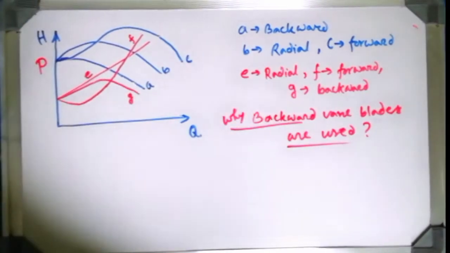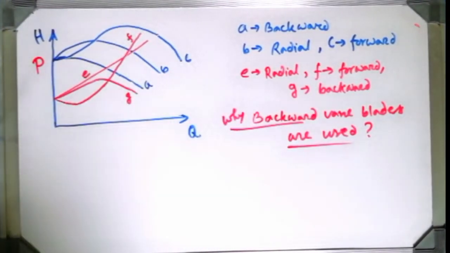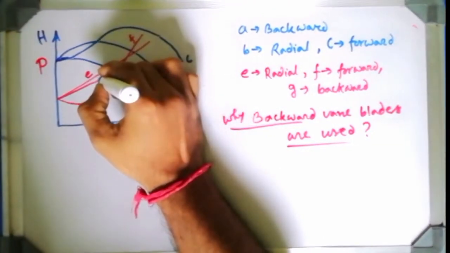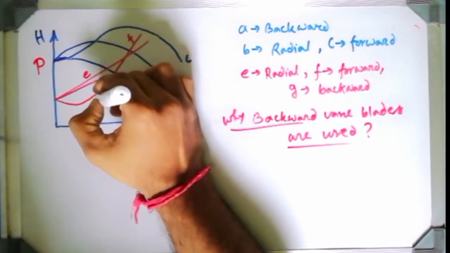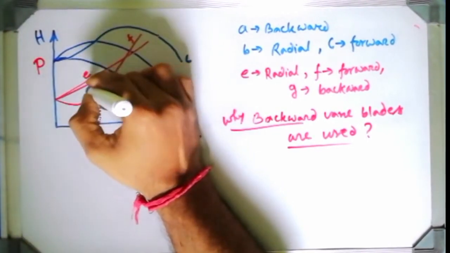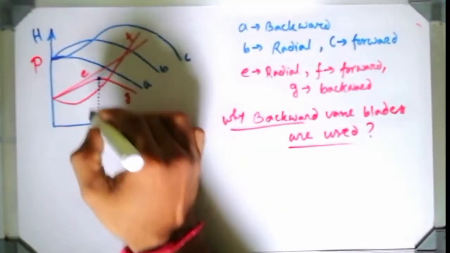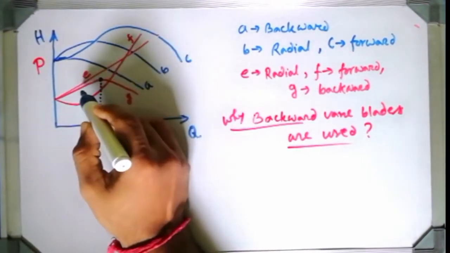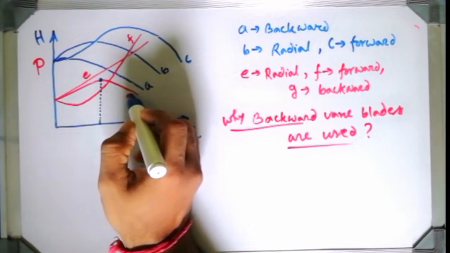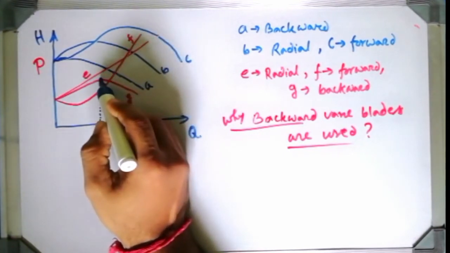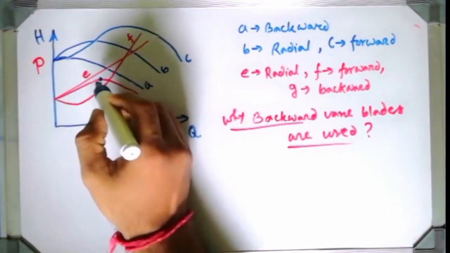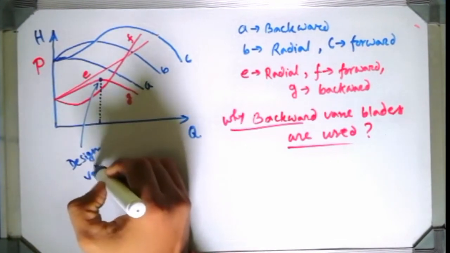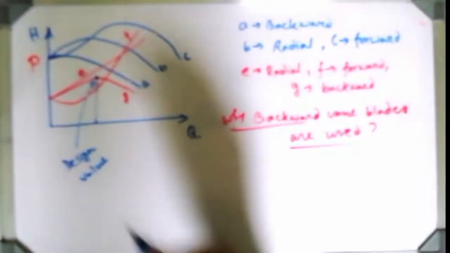See, suppose I consider a particular design point, I am putting a design value like this point on the backward curve, that is on G. Just understand G, and the rest you will automatically understand. On the curve G, that means the power consumed by the backward curved pump, I am putting a blue dot onto it. It shows the design value, meaning the rated value for this particular point.